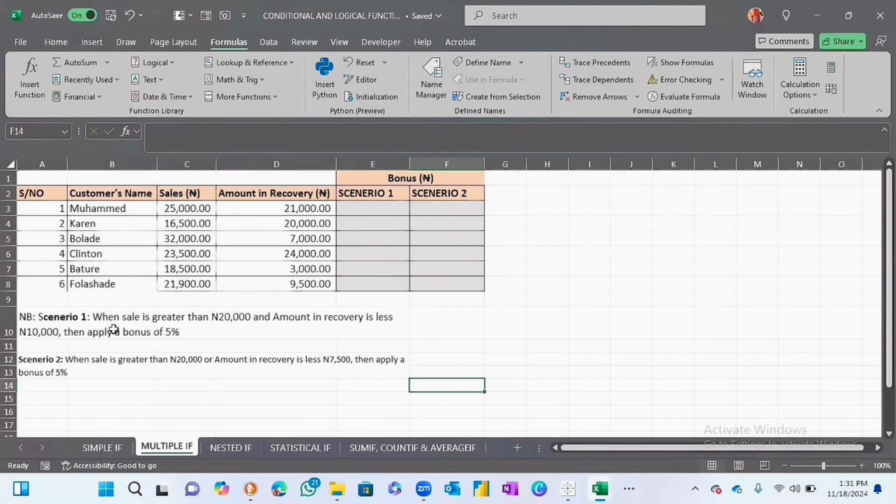So we're going to look at two scenarios. Scenario 1: when sales is greater than 20,000 and the amount in recovery is less than 10,000, then apply a bonus of 5%. So two conditions must be met. Number one, your sales should be greater than 20,000, and the amount in recovery should be less than 10,000 naira, which means there are two conditions and both of them must be met. So with that, we go to our scenario 1